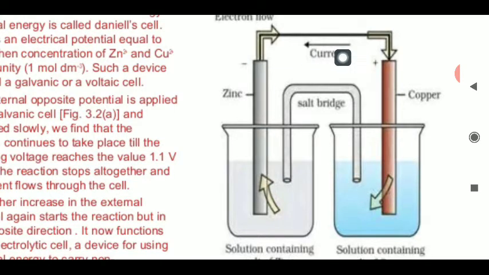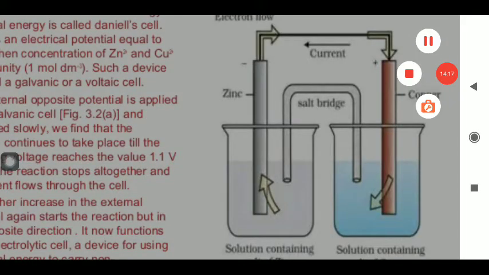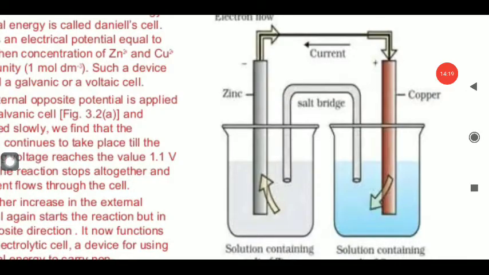So due to this attraction of the zinc ion and this repulsion of the sulfate ion, you will find some interruptions in the movement of the electrons. And if interruption is taking place, the current generation is also affected. In this way, the complete phenomenon of the movement of electrons is affected badly. So immediately we have to stop the force of attraction of the zinc ion and the force of repulsion of the sulfate ion.